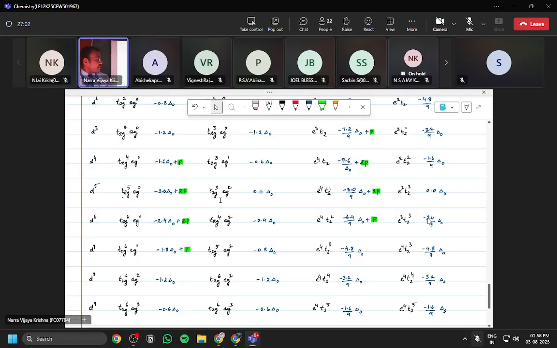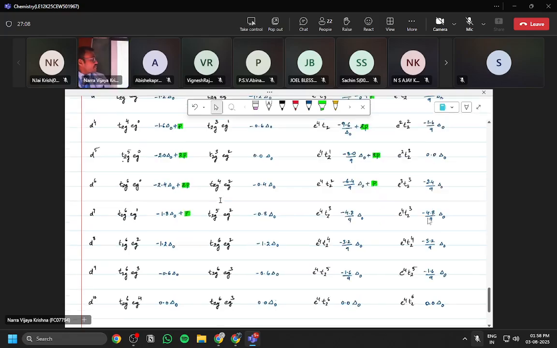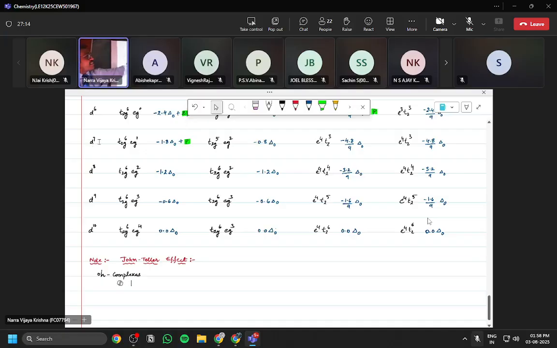Then d6: no here, but in weak field it shows. d7, here also. d8, no. d9, yes. d10, no. Right? So, in octahedral complexes,